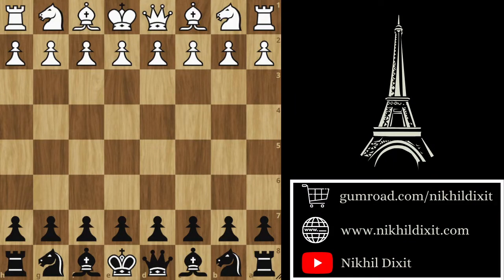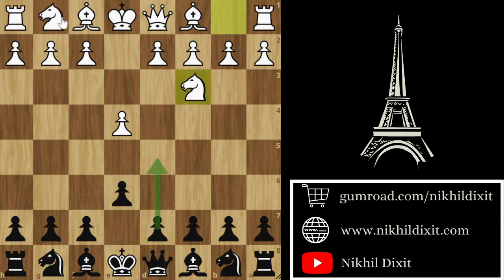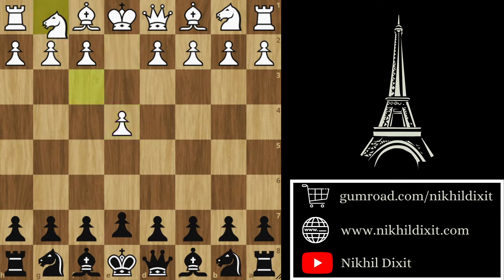In this video, we will see how to play against the two knights variation in the French defense. In the two knights variation, white starts with e4, e6, and instead of knight f3, white can play knight c3, d5, and knight f3. The position will get transposed. So we will see knight f3 here, and after knight f3,